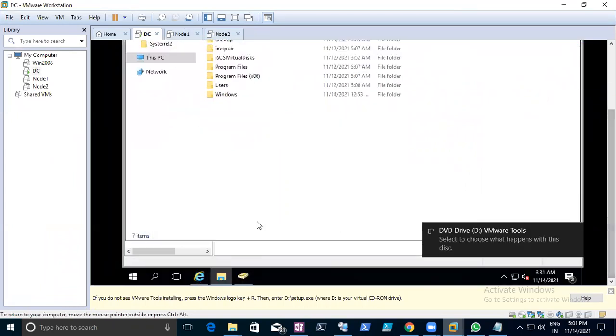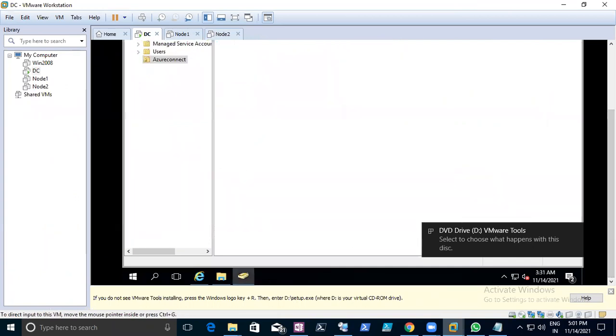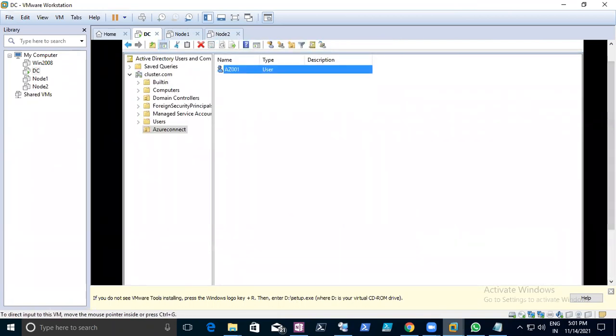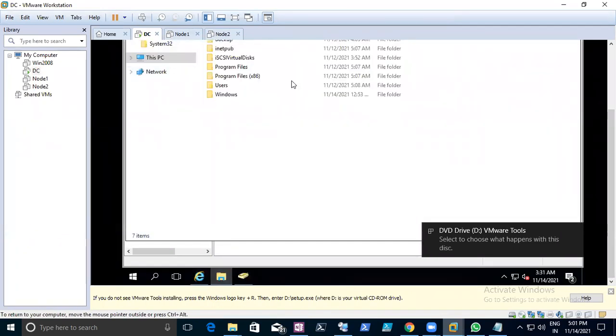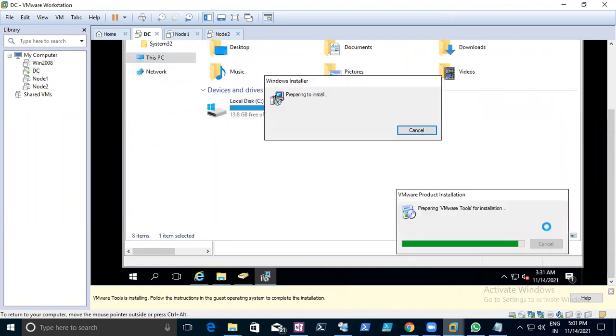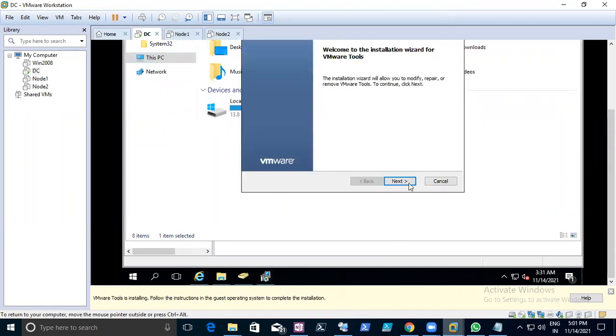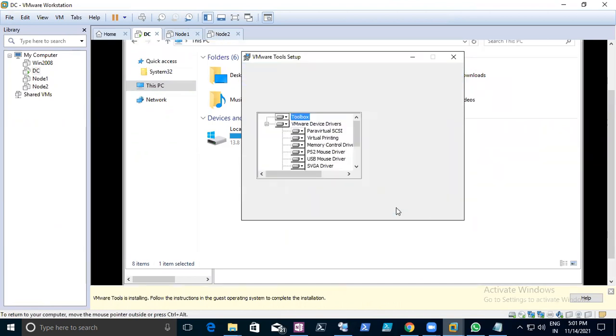It will take time to download, so I have already downloaded it. I just pasted it in this VM. I took that directly from the portal only. Okay, let's wait here. Let's install this. I think it was not installed. Modify, remove, not required. Just say modify.